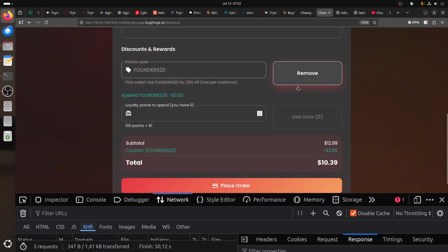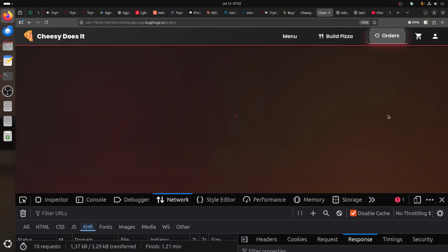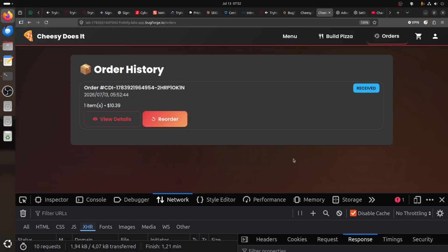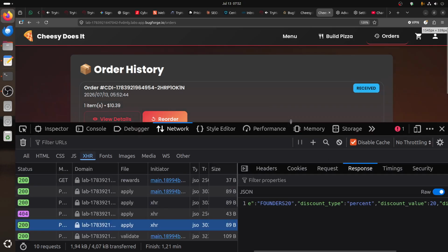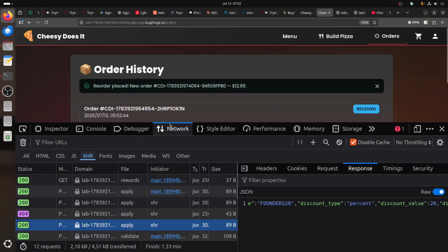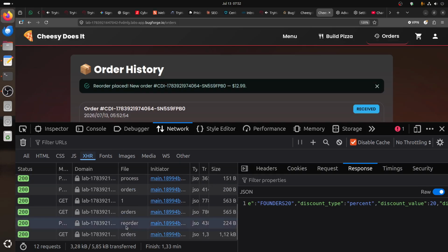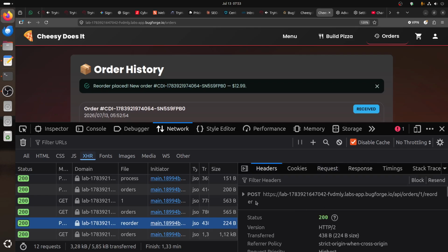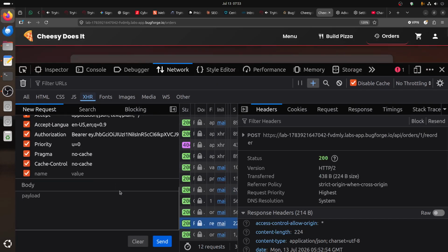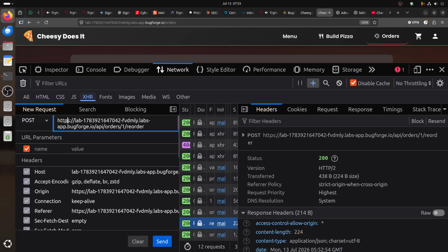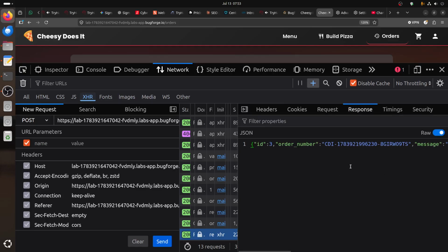But remember here, I already did a discount, so if I place my order, of course, wait for the order, and then you have the new button here, this reorder thing. So if I click reorder now, reorder disappears, a new order is there, and the order is getting a request here. There is no request body, but it's a POST request for some reason. So if I go now to that order, there's no body there. It just posts to the endpoint order one reorder. Of course, there's no body because if you do two, it doesn't, because it just